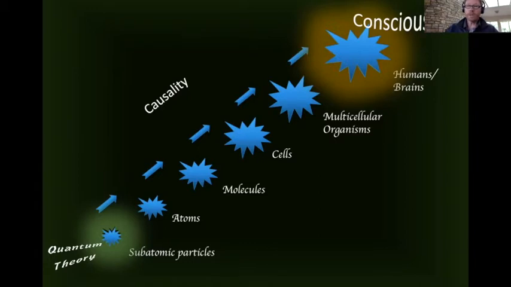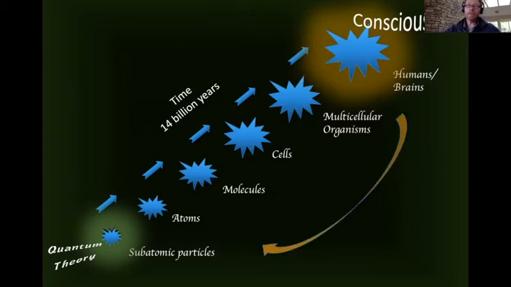Consciousness arises up here, and then consciousness sort of looks back, digs in, and finds that quantum theory is responsible, at the base of things, for everything that makes up this whole chain of causality or time, basically. And time would be roughly 14 billion years to go through this sequence, starting with subatomic particles after the Big Bang started to cool down.